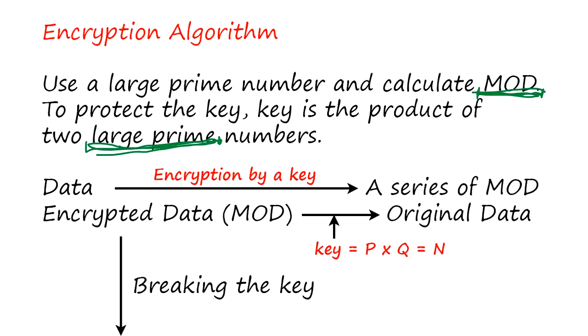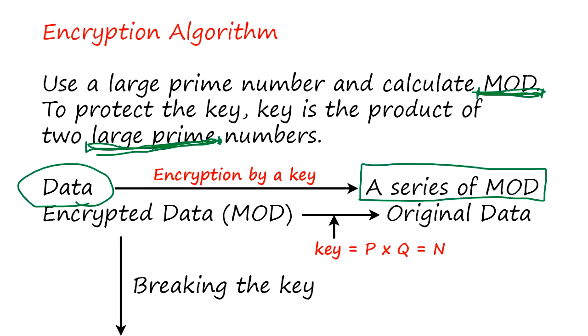In order to avoid being hacked, they use large prime numbers. So the data is encrypted and becomes a series of mod results, random numbers, remainders of many numbers. The encrypted data is sent out as secured data, but the receiver brings it back to the original data by using a key, and that key